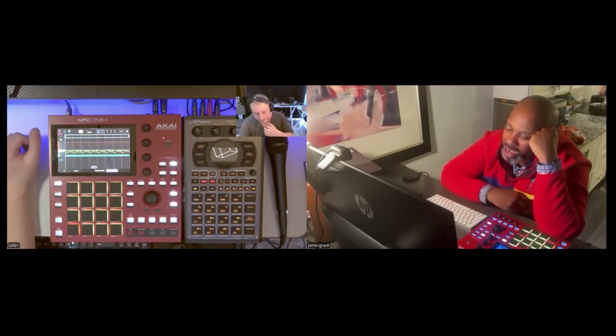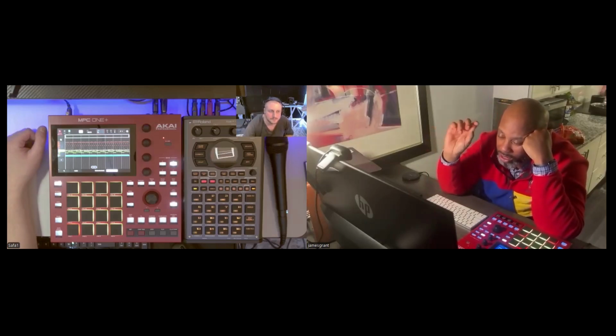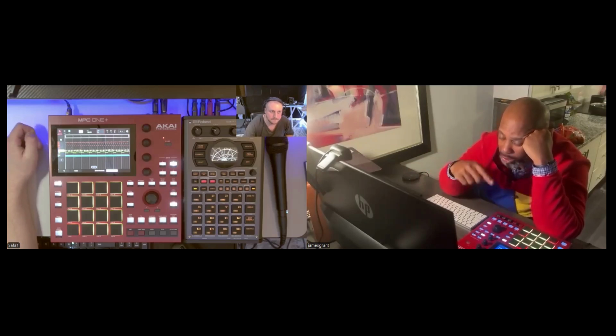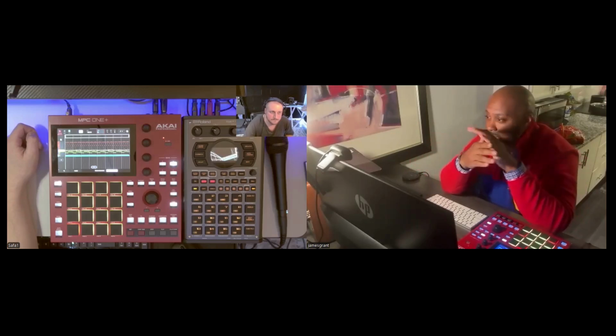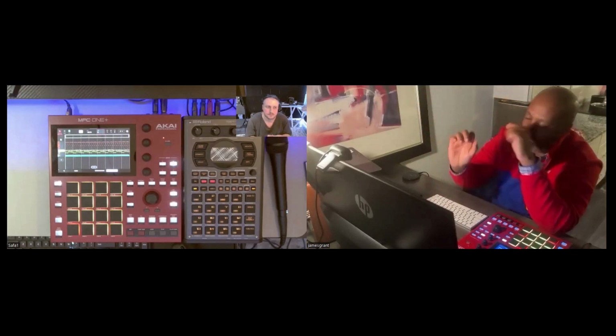And here's the other thing I'll say. It's probably easier to do it in the DAW, but because the MPC has the arranger, like we figured out last time, it's easier. And that's why I need to update to 3.0, because the arranger, that's what makes the DAW so powerful. Like 100%. You can just go in and slide it in different spots.